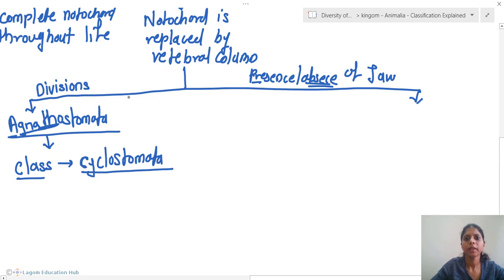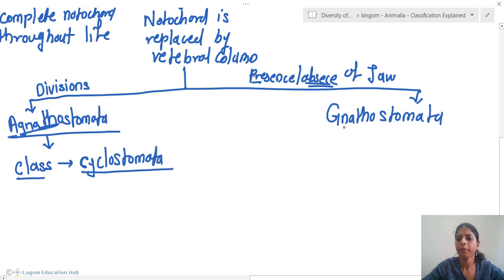Clear about it? So let us go to the other classification, that is presence of jaw. Now the animals with jaw are called Gnathostomata. A means no; if we remove a, then it will be Gnathostomata. Now when we consider Gnathostomata, all the advanced animals are included in it. Again a large number of different varieties of animals are included, so this Gnathostomata division is further classified into